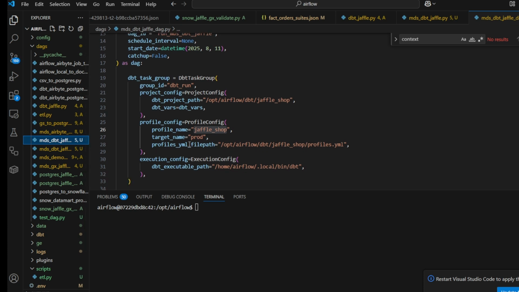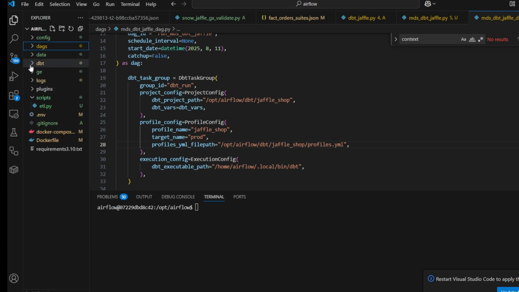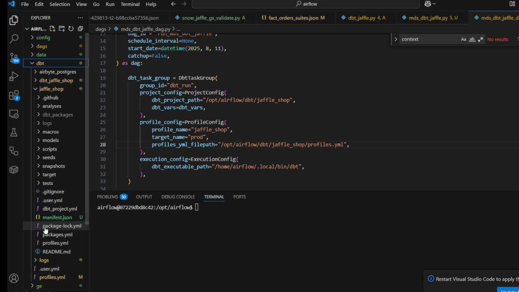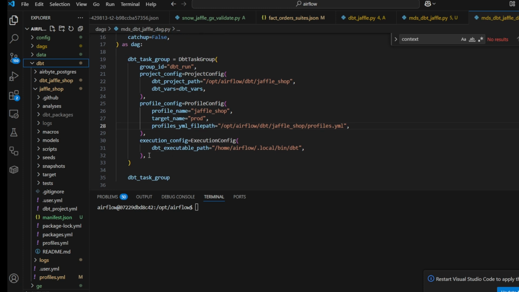Target name, I want it to be in prod. Then the profile YAML file path. This might be necessary, I don't know if it is, but just put it. That is where your profile YAML file is sitting, just pass the directory, which is sitting in my project, that is dbt Jaffa shop. This is my profile YAML file sitting in that location, and my execution